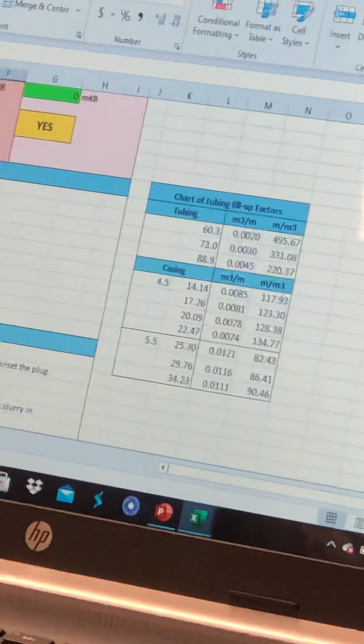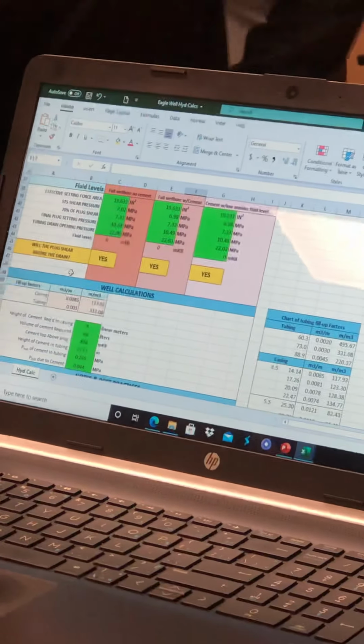You take all your numbers, and I think the one in the email actually has the colors. It's got brown or something on the